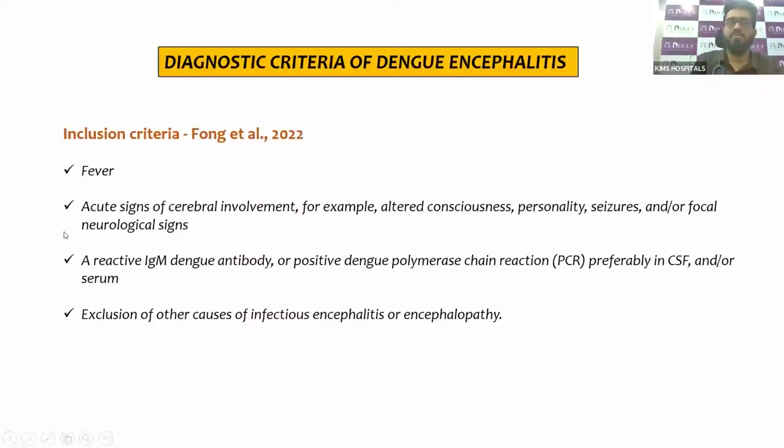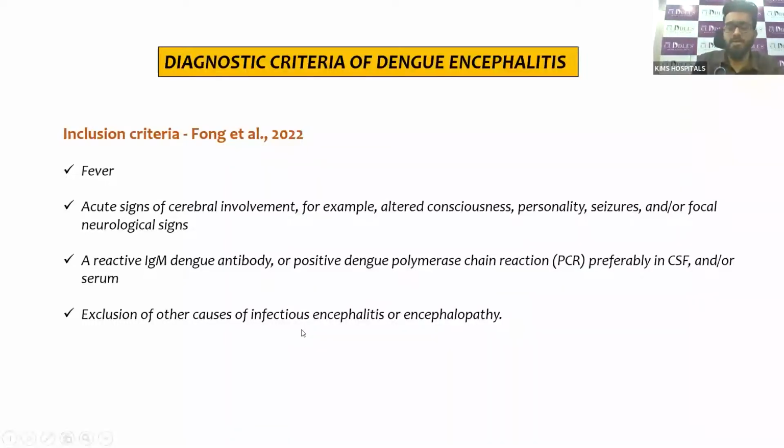Acute encephalopathy can present in the form of seizures, altered consciousness, or focal signs, with some evidence of dengue infection, which can be in the form of reactive IgM antibody or a PCR test being positive in serum or CSF. And then the fourth criterion is extremely important: exclusion of other infectious diseases, which are pretty similar. So this is them talking about other infections, including other flavivirus infections like West Nile or Japanese encephalitis, which can